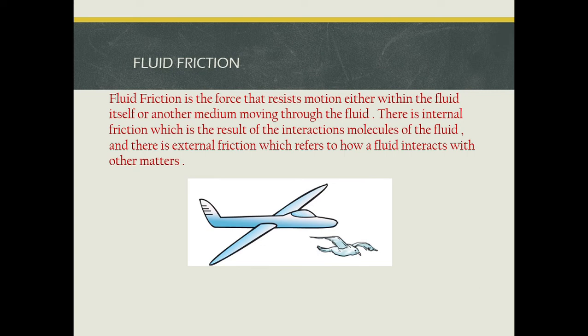Water also offers friction to the organisms living in water. So fishes have a streamlined body. All fishes have a special shape, isn't it? So that streamlined body of the fish is in such a way that friction is minimal, or it's very much reduced. So that's why dolphins and whales also, though they are mammals, still they have the same streamlined body like a fish.